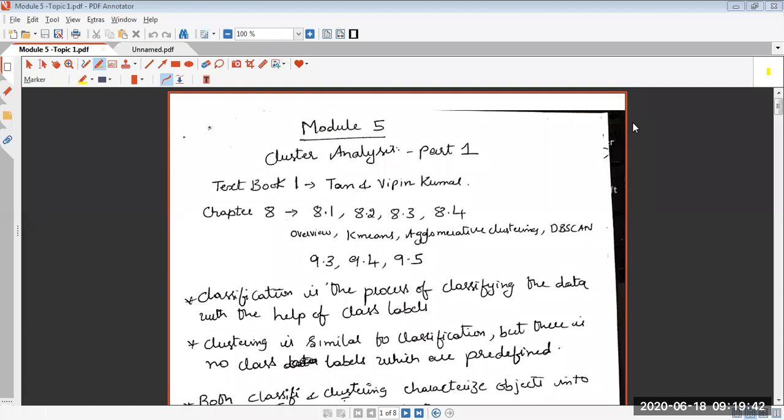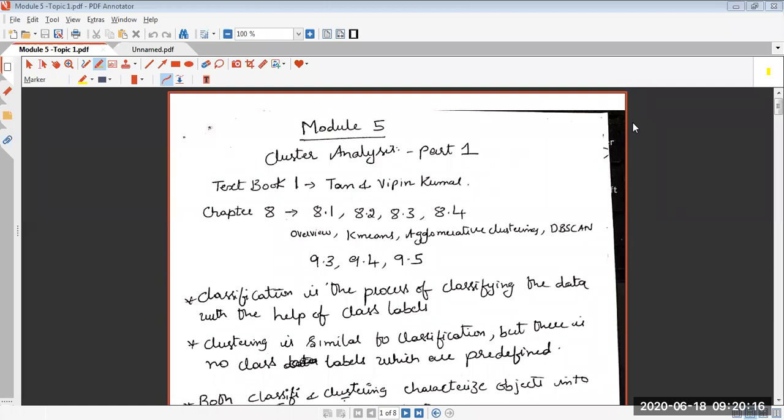So what we did in classification, that is what we did in module 4. As you know, we build a classifier. What that classifier was doing, it would take the input data and decide to which class that input data belongs to, whether it's class A, B, C, D. So we were training the classifier for the same. The classifier was trained either in the form of a decision tree, or as a rule-based classifier.